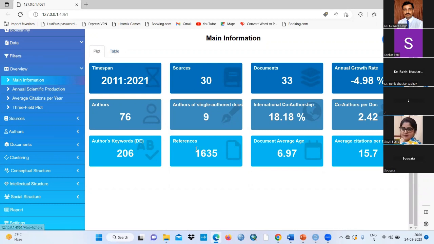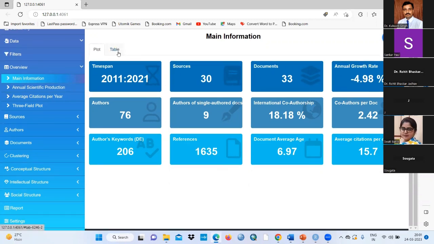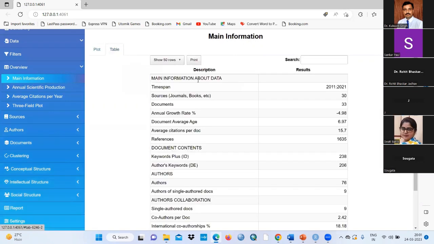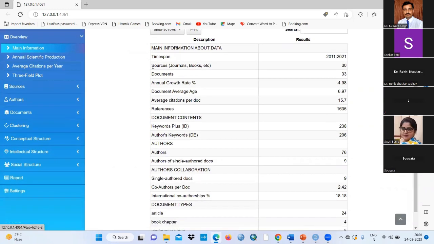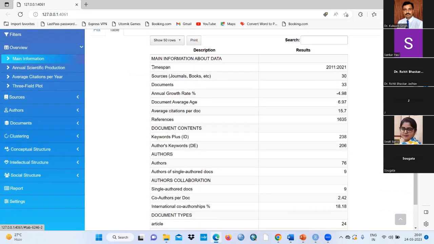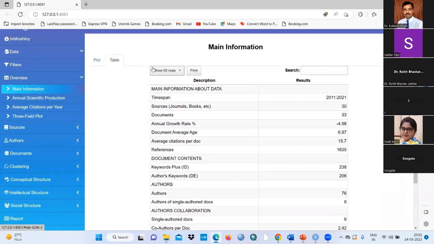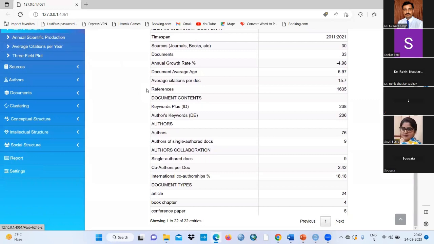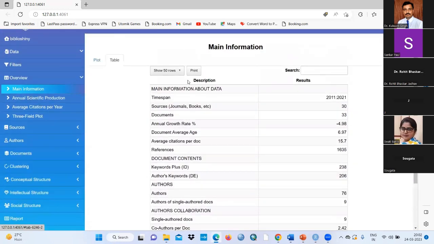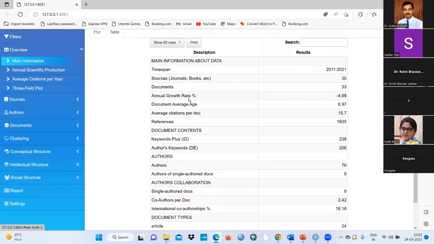ठीक है, and you can see here the plot। ये plot है, I want to take it in a table। You can see here, go to table, click on table and you can see here, amazing, means best thing. We can save this also, sir. Yes, we can save or you can print। ठीक है, you can take it in any format।